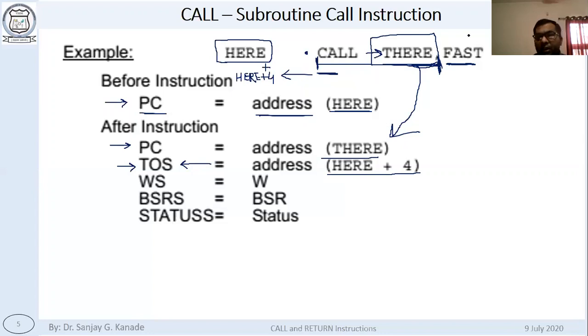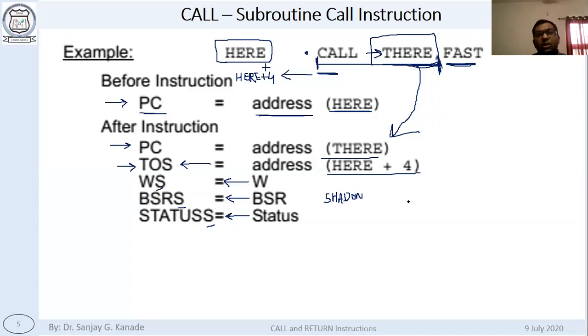And since we have also written fast here, we are going to execute the call instruction in fast mode. The values of these 3 registers, W, BSR and status, are going to be copied into their corresponding shadow registers, WS, BSRS and STATUSS. The S at the end stands for shadow. They are just creating a shadow of the original registers.